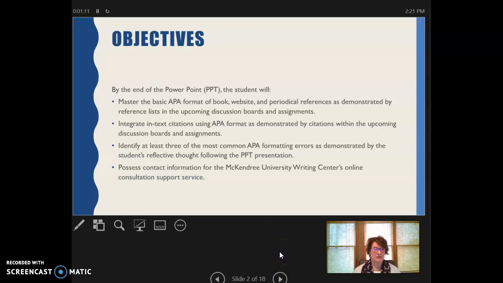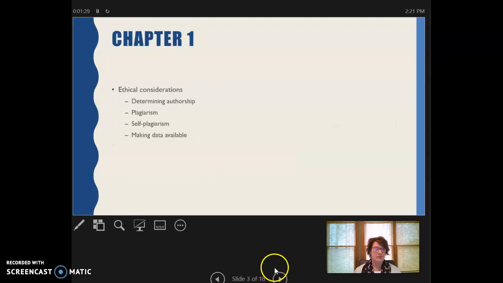We're really going to look at mastering APA format and hopefully reducing some frustrations that may occur, because the APA format is not fully intuitive, and I just want to give you some tips that will help you as you move forward. So first of all, as we start in the book itself, in Chapter 1, we're looking at